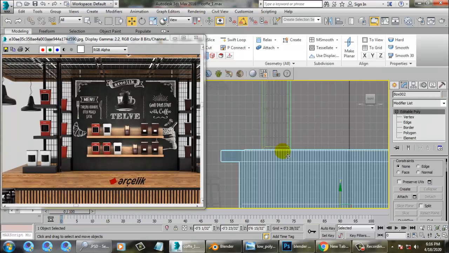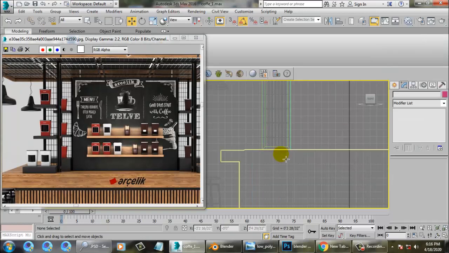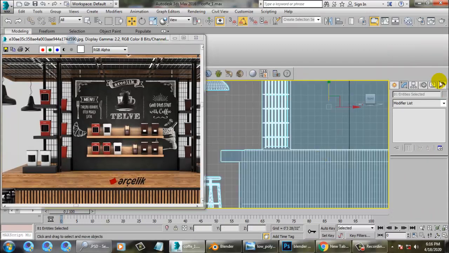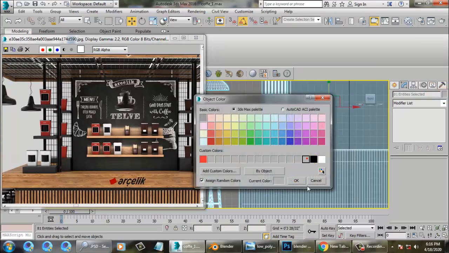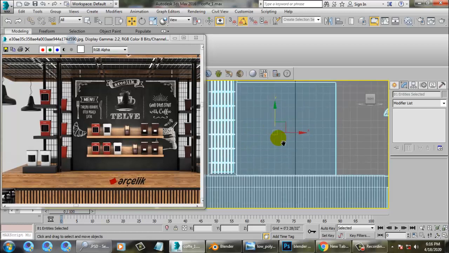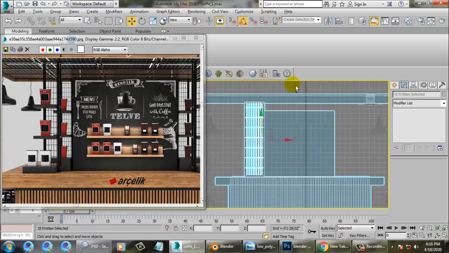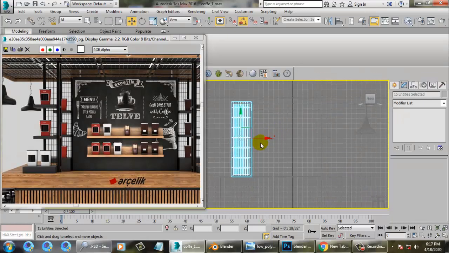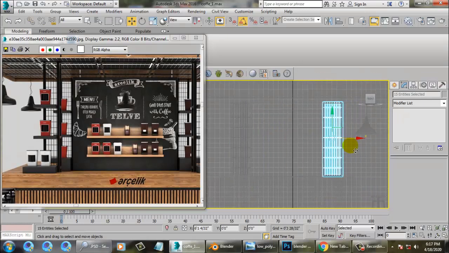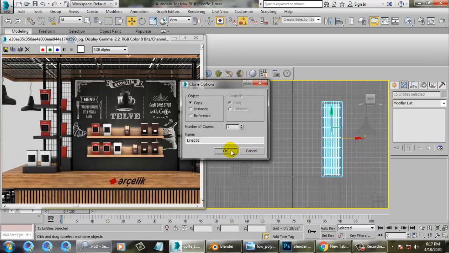Make sure you are saving the files. Just save your file. In the right manner, I'll again select all this and make a copy of it on the other side.